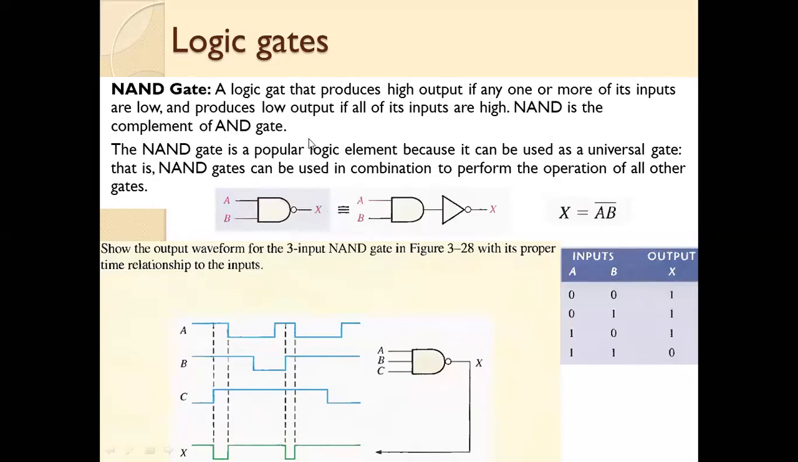So how can we define it? It is the complement of the AND gate. A logic gate that produces high output if any one or more of the inputs are low, and produces low output if all of the inputs are high. So these conditions are the opposite of those of the AND gate. So the NAND is the complement of the AND gate. Now you know that the AND gate is X